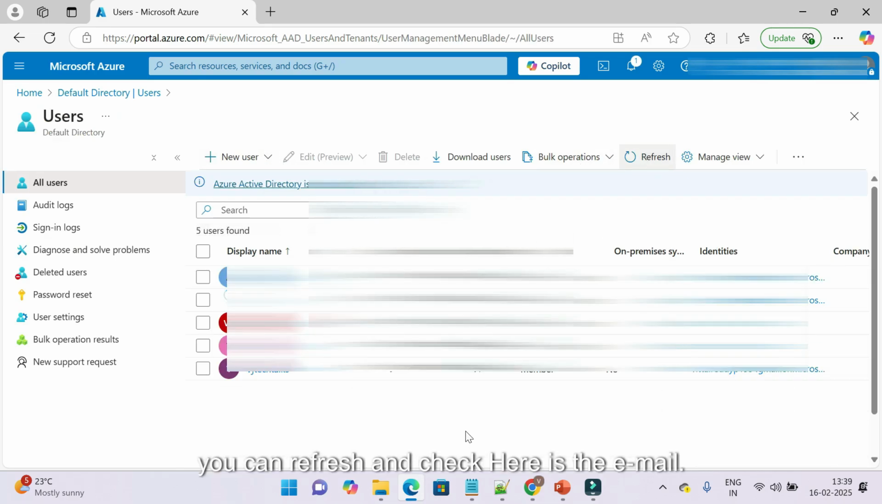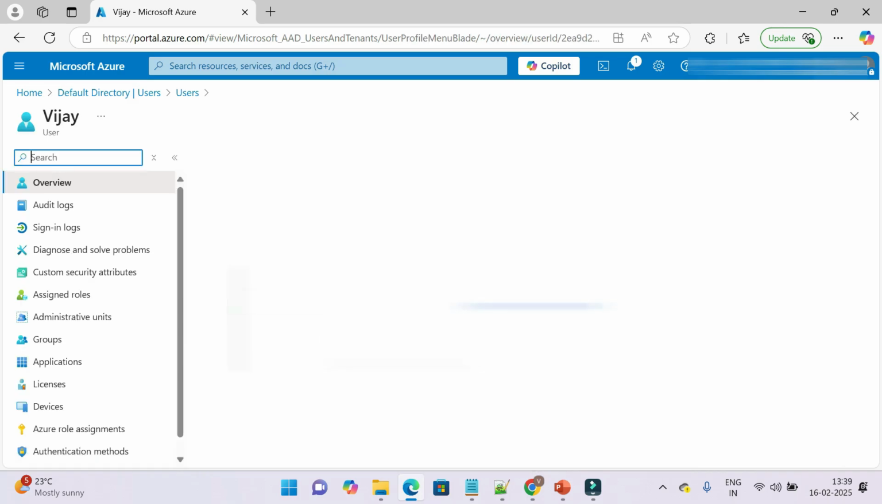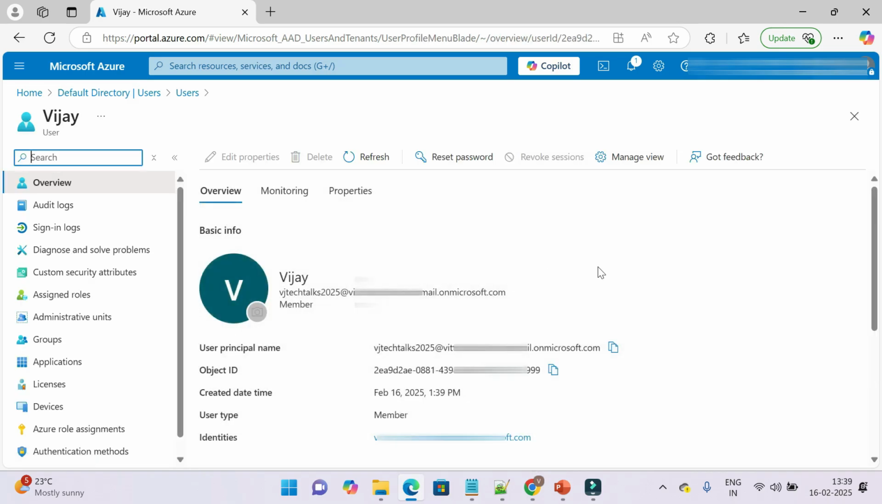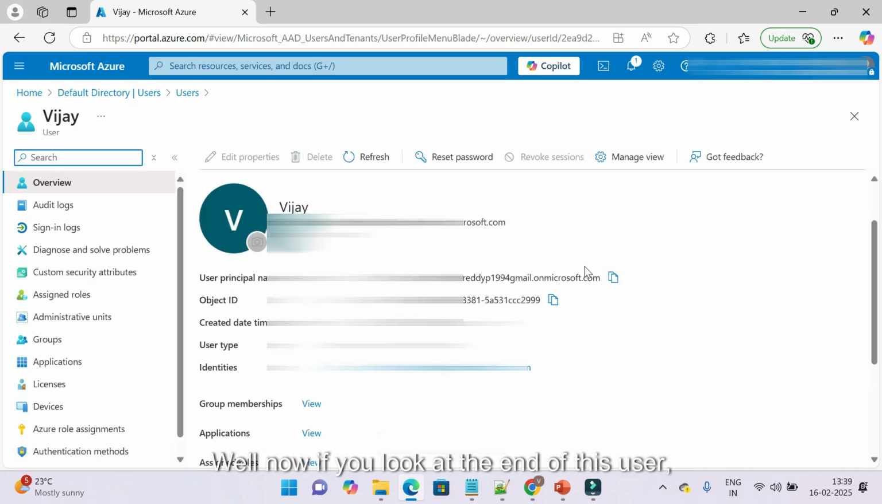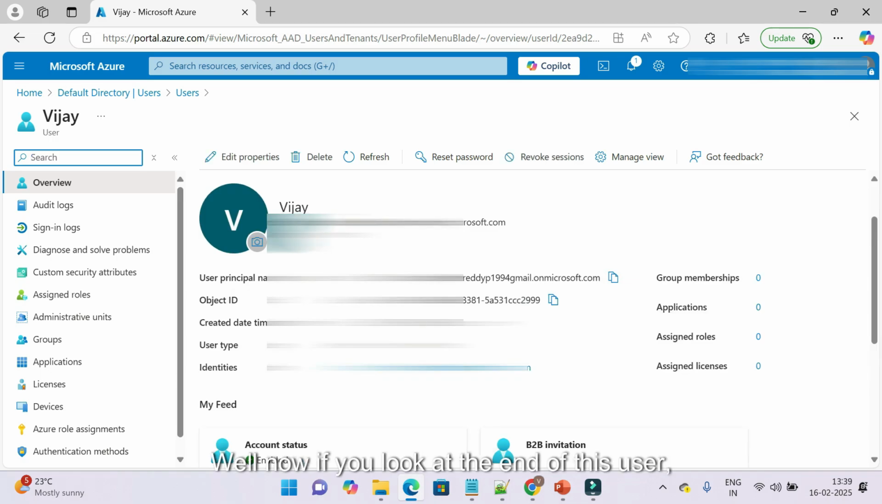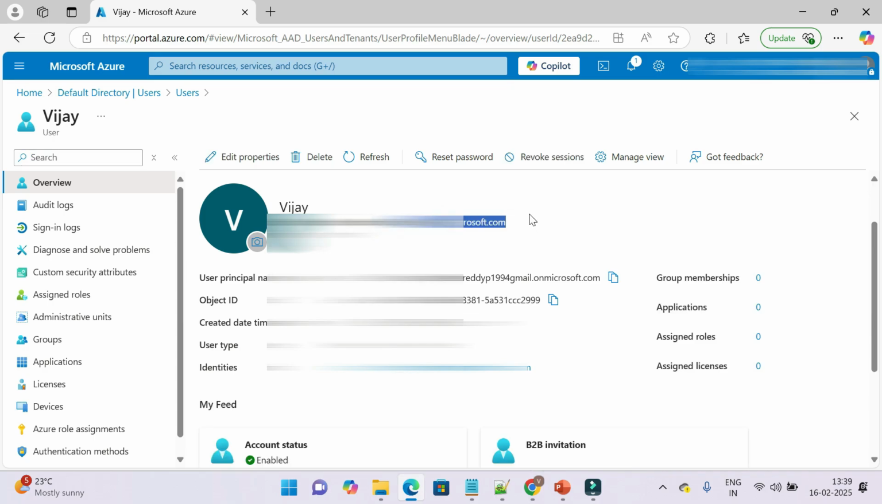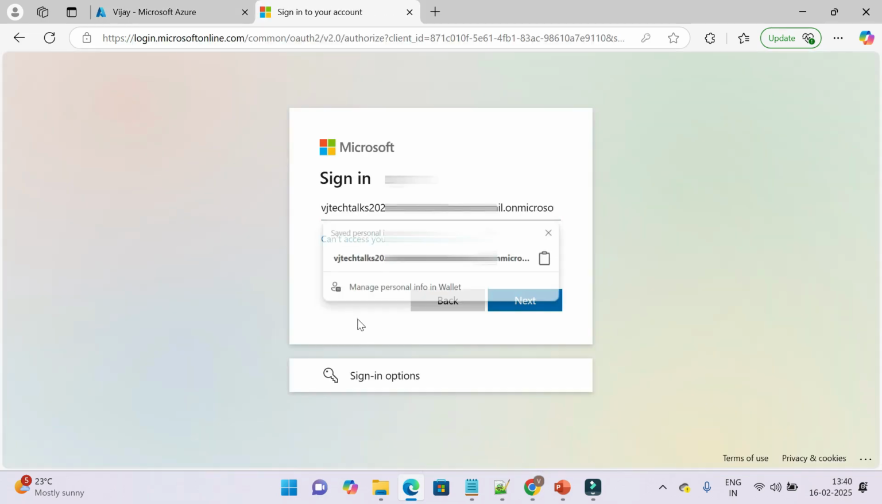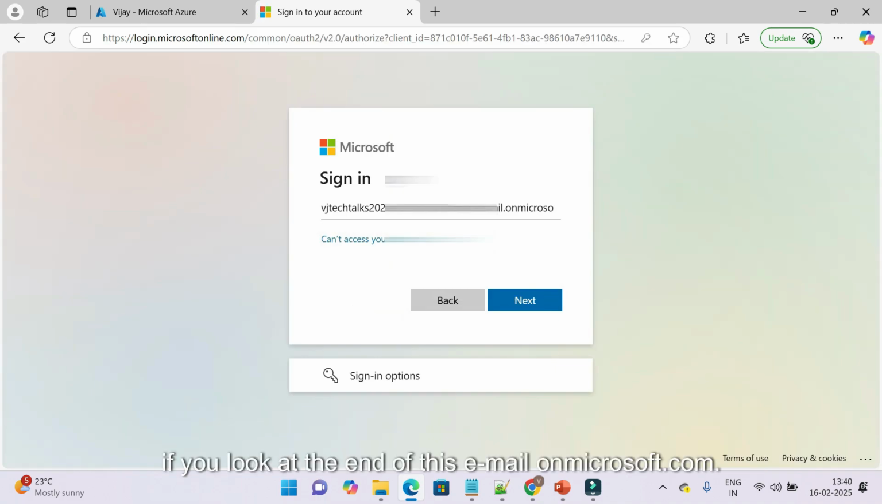Upon successful creation of your domain-joined email ID, you can refresh and check. Here's the email. Now if you look at the end of this user, we have the onmicrosoft.com domain. Now it's time to sign up for Microsoft Fabric workspace. Log into app.fabric.microsoft.com with the help of the newly created email ID. If you look at the end of this email, onmicrosoft.com,